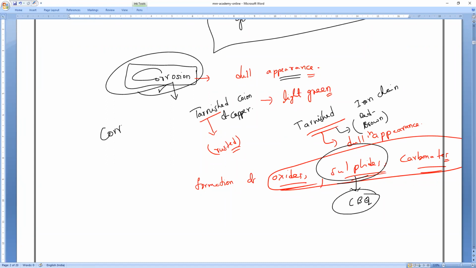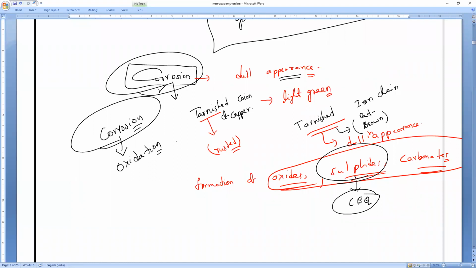If it is corrosion, you people can immediately remember, but they are asking about an oxidation reaction. Corrosion reaction is a what reaction? It is an oxidation reaction. Right or wrong, all of you? Yes, please respond.